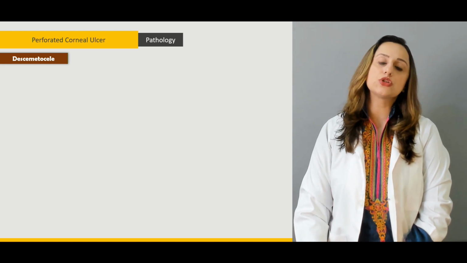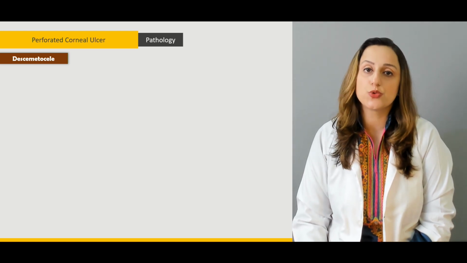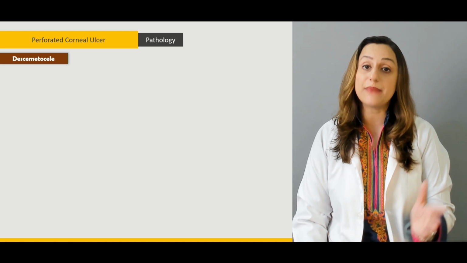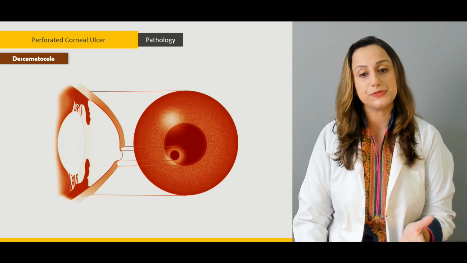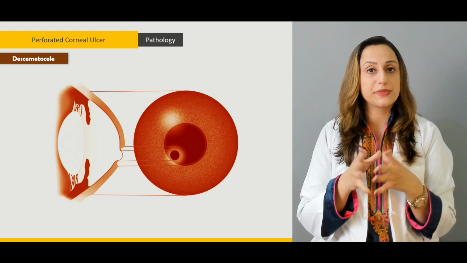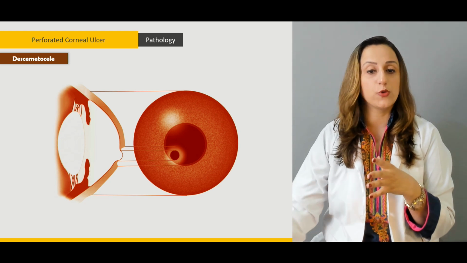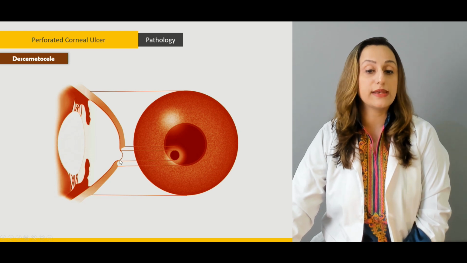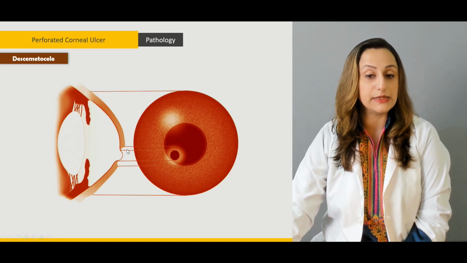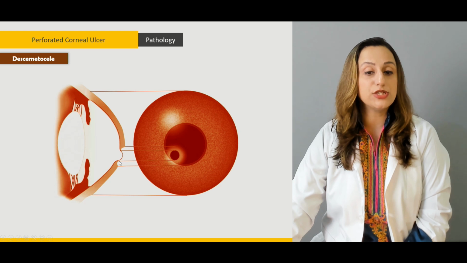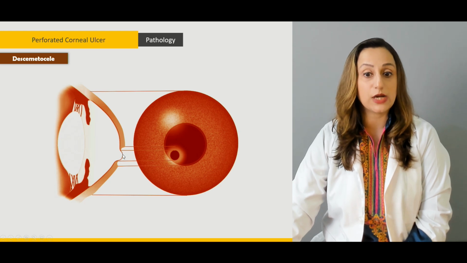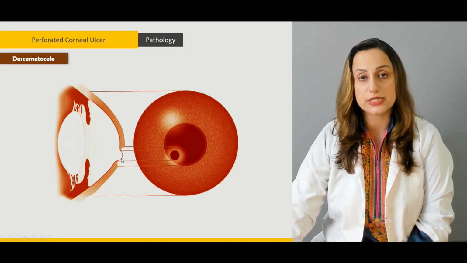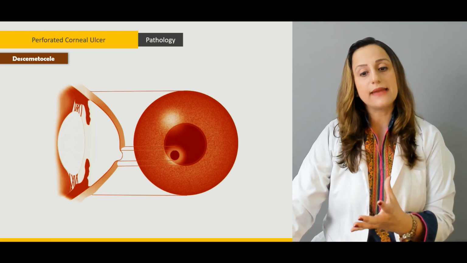Then there can be some complications which we also observe in these patients. Descemetocele is one of the complications. This is a diagrammatic representation of descemetocele. What basically happens over here is that whenever there is a breach in the epithelium, the ulcer reaches the Descemet's membrane. Now, Descemet's membrane, if it's not perforated, is quite a tough membrane